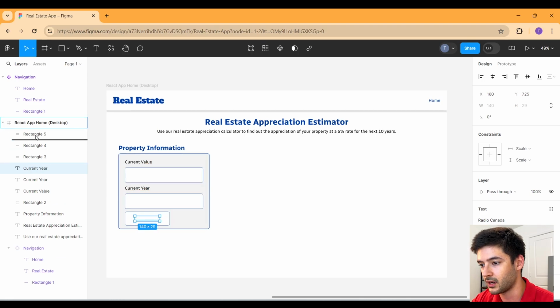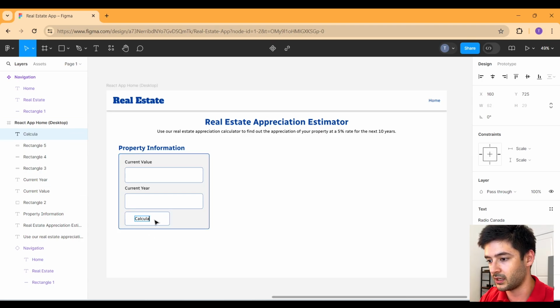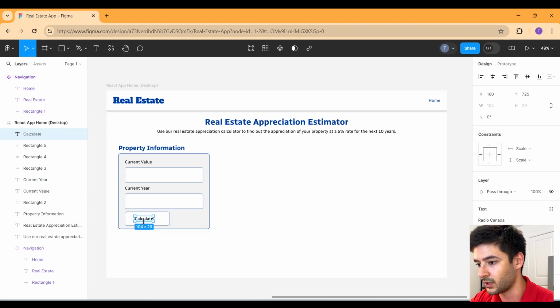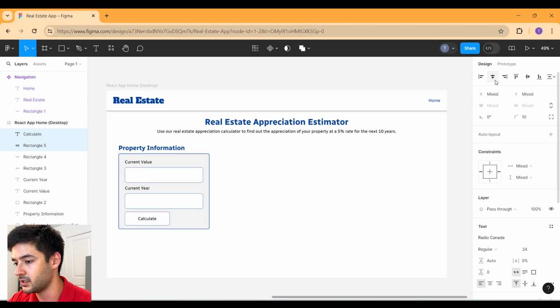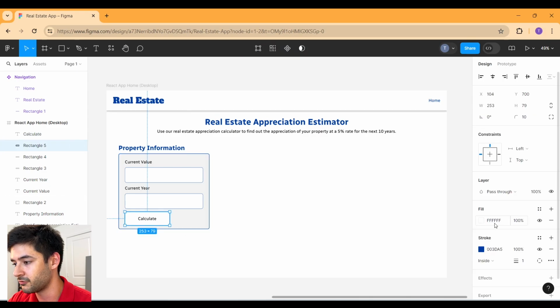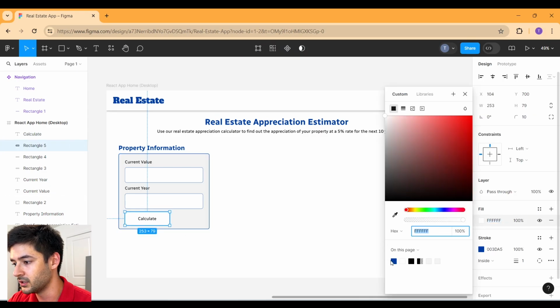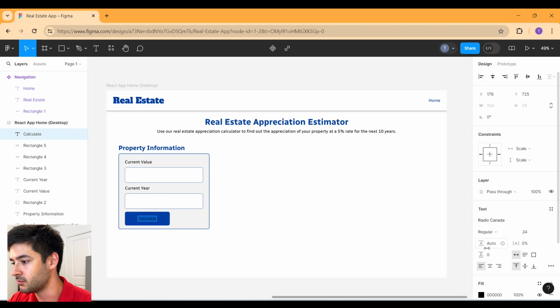Now I need to drag up that text above this shape, and I'm going to say calculate, because that's what we're going to want to do once somebody enters their information here. And then we're just going to center these together inside of each other. And what I'm going to do is make the fill of this button our blue color like so. I'm going to bold our text since it's a button here, and I'm going to change the color to